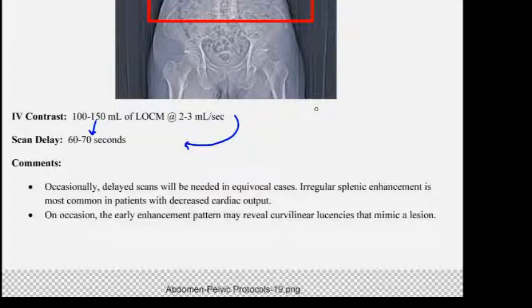Irregular splenic enhancement is most common in patients with decreased cardiac output. So if you see the splenic enhancement look very weird, it's probably because of some cardiac abnormalities. On occasion, the early enhancement pattern may reveal curvilinear lucencies that mimic a lesion. And so many times, just simply because of the way the spleen actually enhances, it will mimic what a lesion looks like. But